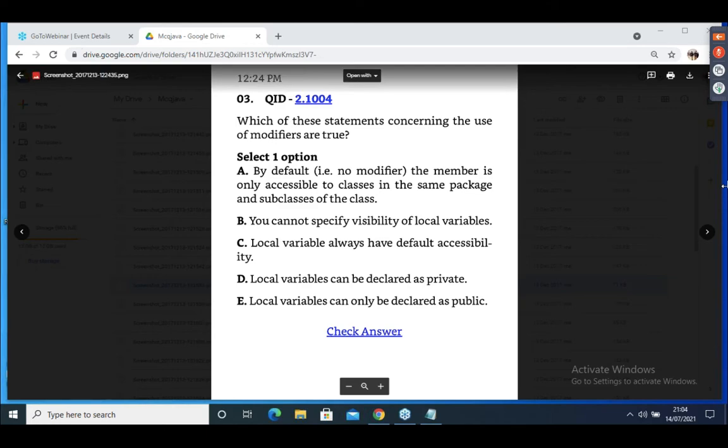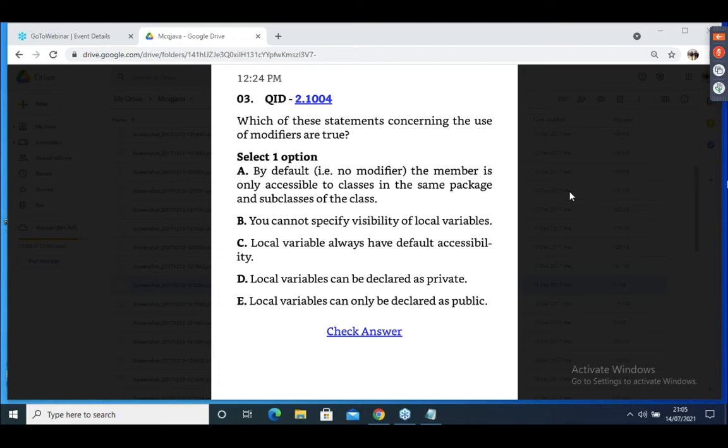B is correct. Protected means it is possible.